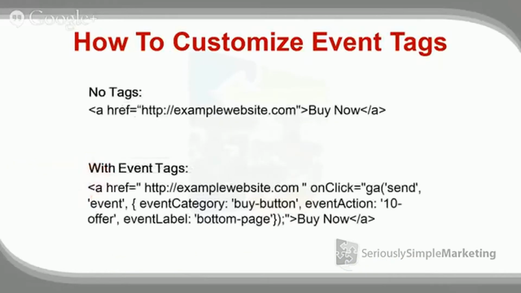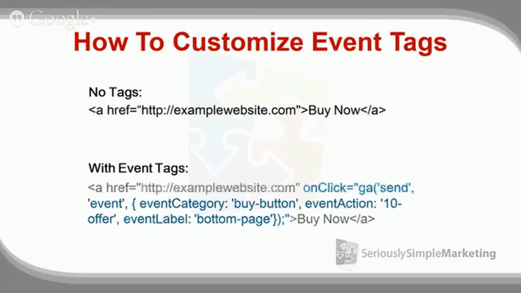But let me show you what this will do and what this will look like. And first, I'm going to show you kind of where we're going to end up. So you see this top one, there's no tags at all. And the second one, there are tags. And this is just standard HTML. So this might look a little bit complicated, but it is just basic HTML. So in this case, it would show a buy now, and then it would be linked to examplewebsite.com. So when you clicked on it, it would just go to examplewebsite.com.